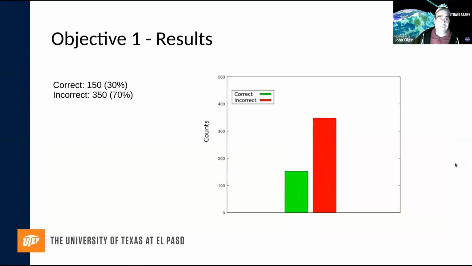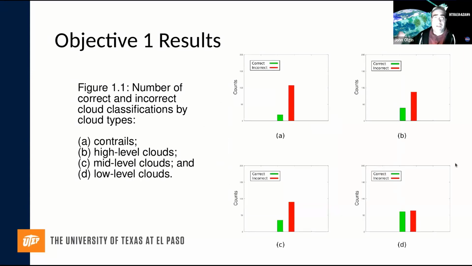So out of those 500, about 150, about 30%, actually got it correct. And the rest got it not quite. They misclassified some of these clouds. And so looking at that was something very interesting, right? Out of that, we got to see about a 30% overall success rate. Taking a look at that, if you break it all down,